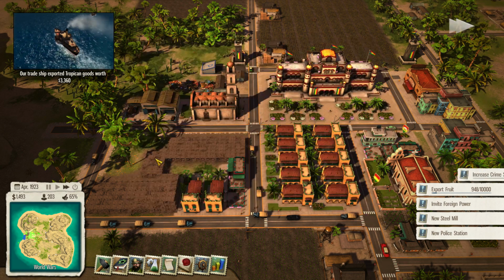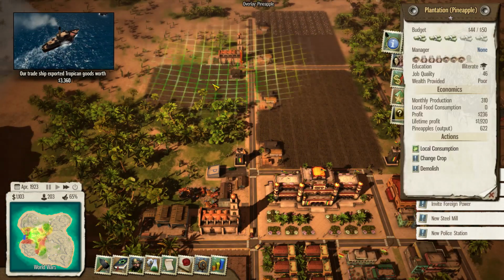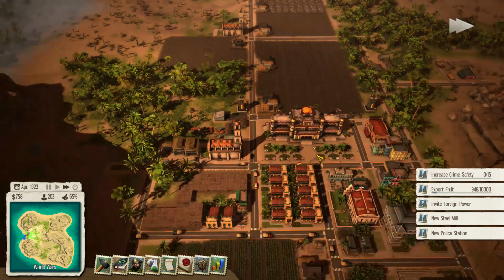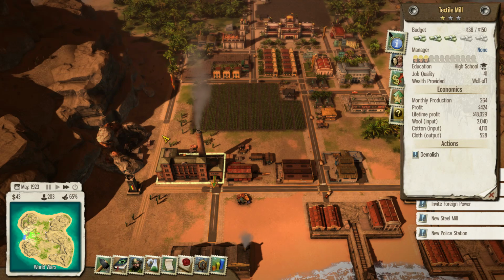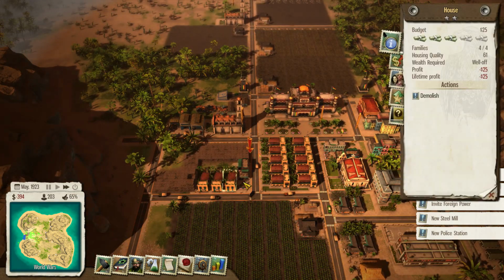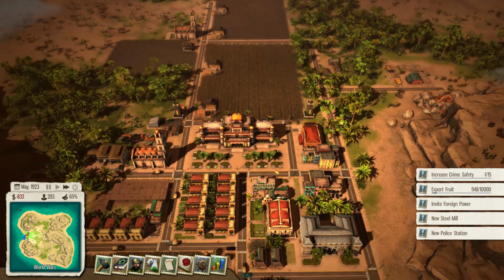Increase crime safety. Oh, we never got around to building that police station. We have a very old quest that we should really take care of. Oh, my pineapple plantation. No one's allowed to eat this. We're only exporting this stuff to finish the quest. Please and thank you. Okay, so if we increase the budget of these houses...